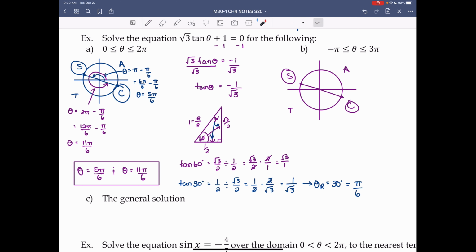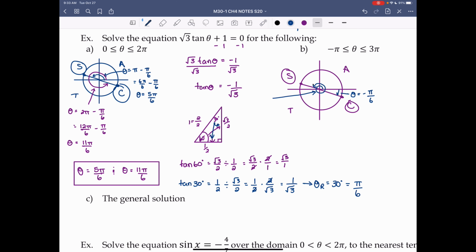So if we go the negative direction, we would have this angle. We get to pi, there's no other angle. So we have one negative angle, and that would be theta equals negative our reference angle, pi over 6. And then we can go 3 pi in the positive direction, so that would be a full rotation, which has 2 solutions, as we already saw, and then another half rotation, which has another 1 solution. So we already have 5 pi over 6 and 11 pi over 6, but if we go around 1 full rotation and then get back to this angle,